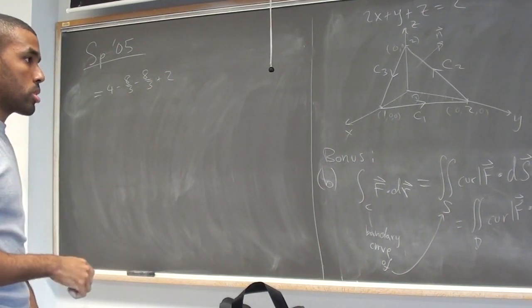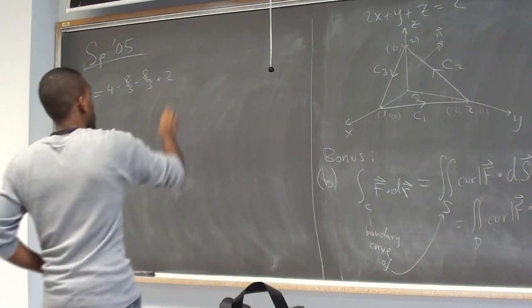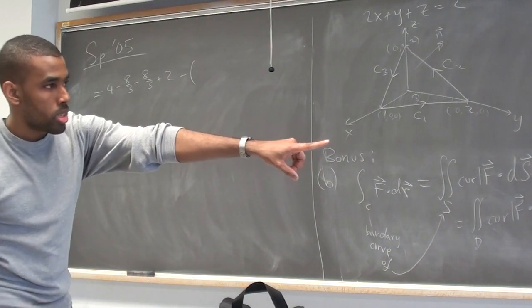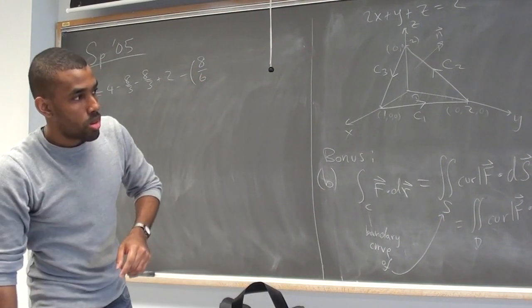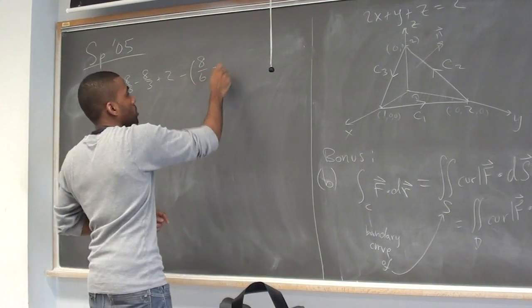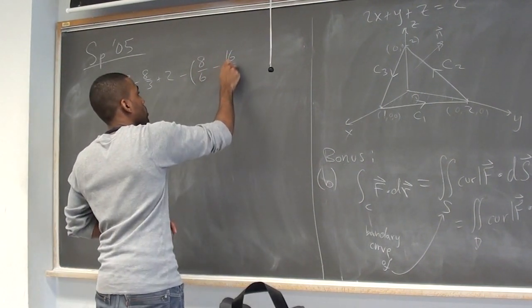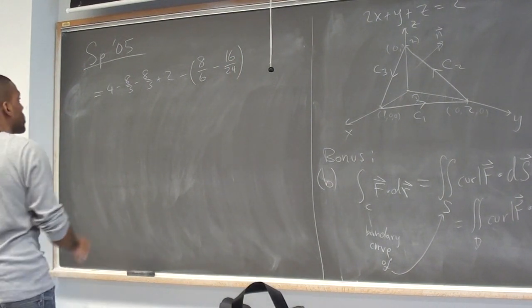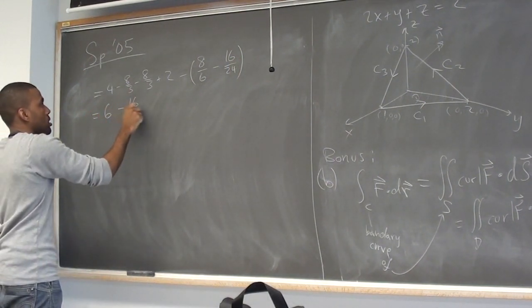If I plug in 0, I get 2 cubed over 6. Oh, yeah. Minus 2 to the 4th over 24. Over 6. So this is 6 minus 16 over 24. 16 over 3